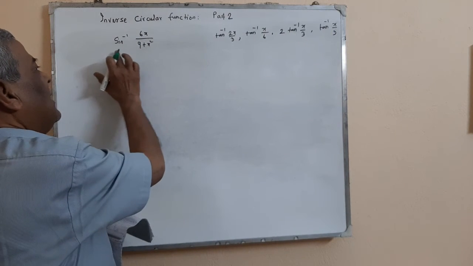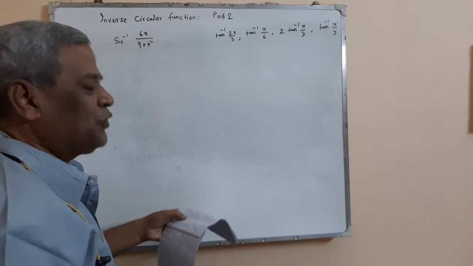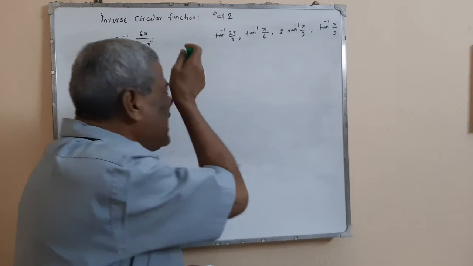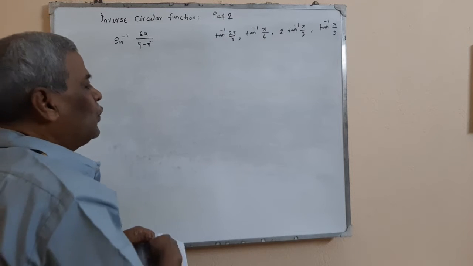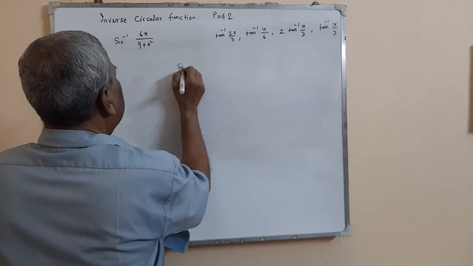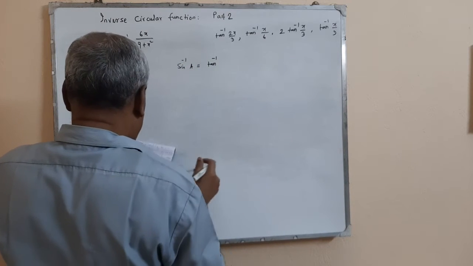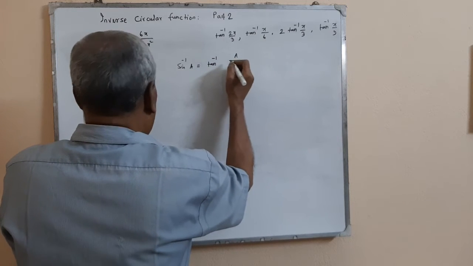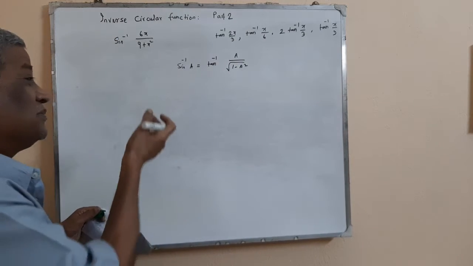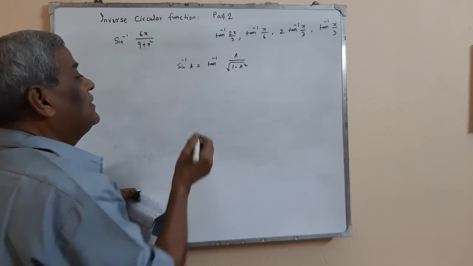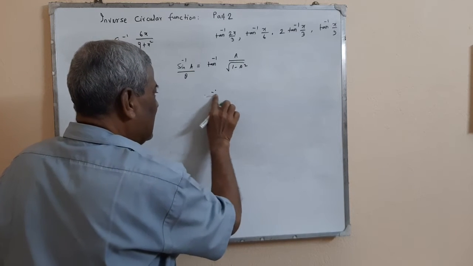So we have to find the value of this, and options are that. All options are in terms of tan inverse. So we have to try to express this in terms of tan inverse of something. We know that sine inverse A is equal to tan inverse A by root over 1 minus A square. It is a formula, or very easily we can deduce that if it is theta, so tan inverse theta, sine inverse theta